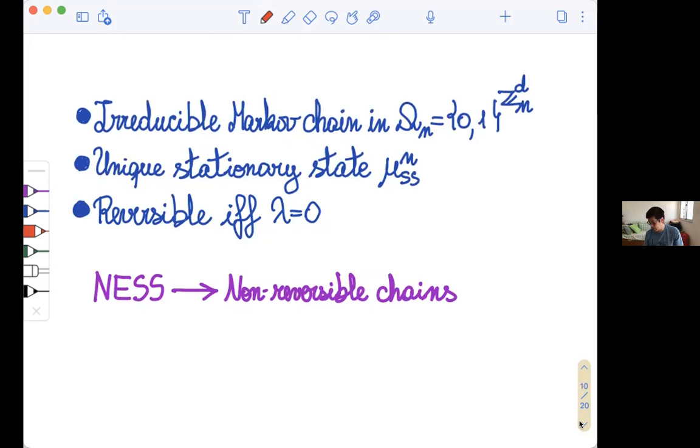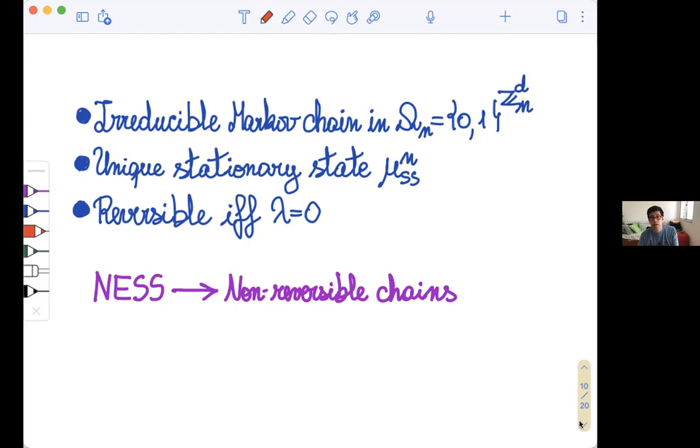So although it's a finite state Markov chain, we already see that we should really see it as a system which approximates some continuous object, because from a finite point of view, we are not going to get very far because the size grows too fast. So since it's an irreducible Markov chain, it has a unique stationary state that I'm going to call mu_n^SS. SS is for stationary state, and it's a non-equilibrium stationary state, because this Markov chain is